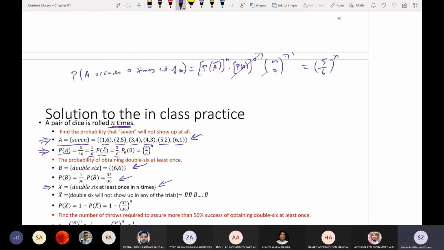Now you can ask yourself, what is the probability of its complement? اللي هو double six will not show up in any of the trials. X is double six at least once. يعني if I roll 10 مرات يطلع لي double six at least once. معناها once, twice, 3 times, 4 times and so on. الكومبلمنت حق هذا الإكس is double six will never show up in any time. صح ولا لا؟